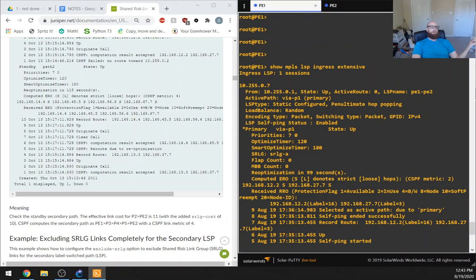Check the standby secondary path. The effective link cost for PE2 through P2 to provider edge 2 is 11, with the added SRLG cost of 10. Okay, so let's verify that it is 11. I have a feeling it won't be 11 because we defined it, but we never called it. So I'm going to be looking for